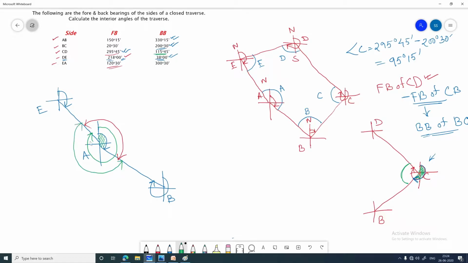We can get this exterior angle. Just imagine, this is the forebearing of AE, the total angle, and if you just deduct this particular angle, which is nothing but the forebearing of AB, because if we see from A to B side, this is the line. So we can write, similarly to what we did over B, that exterior angle A equals forebearing of AE minus forebearing of AB.